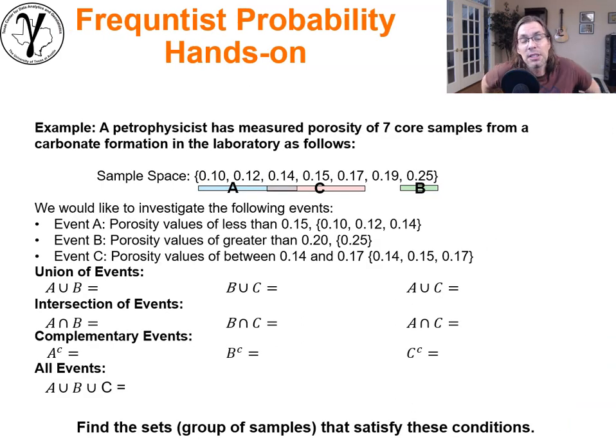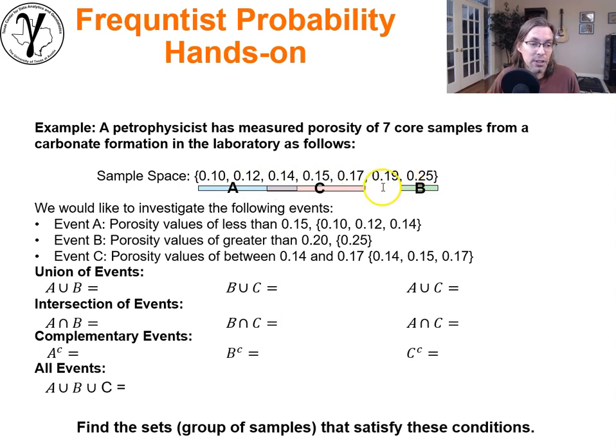Now, a good thing to do is to give a little more thought to what an event is, how we define an event, and how we relate that back to the original sample set. And this is somewhat trivial, but it gets our minds in the right place about it. Now, I want to acknowledge I show small sets here because it would just be tedious if I showed you many samples. But in the back of our minds, remember, n goes to infinity. If we're going to do any probabilities, we really need enough samples. And I've only shown you a case right here of 7 samples. So just keep that in mind.